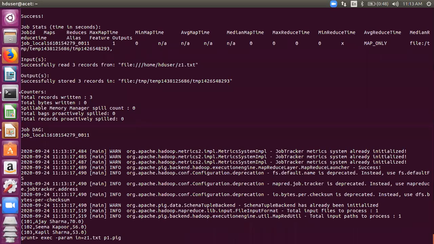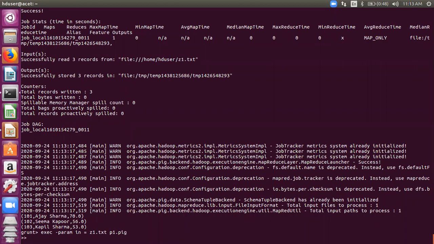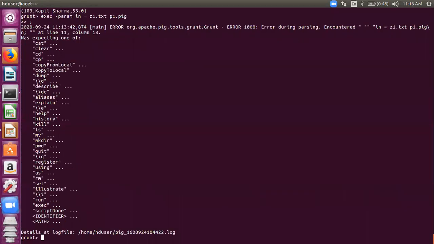The same thing. What I'm saying is, if you write it like this, look carefully. If you give spaces here, this will not work. It will give you an error. Can you see the error? Once again, I've written in, then a space, then equal to, then a space, then this. It will give you an error here. So how do you need to write it? No spaces here. I'm going to run it and it will show you the output.